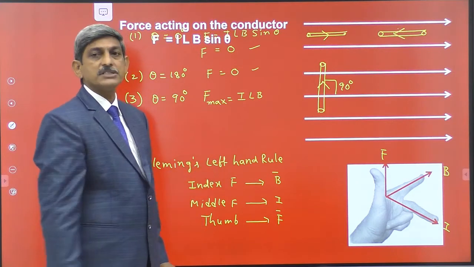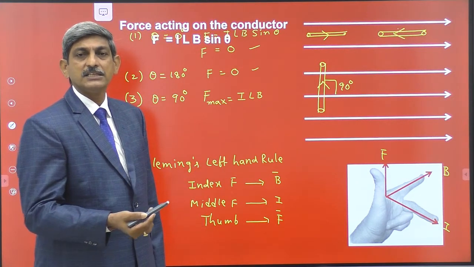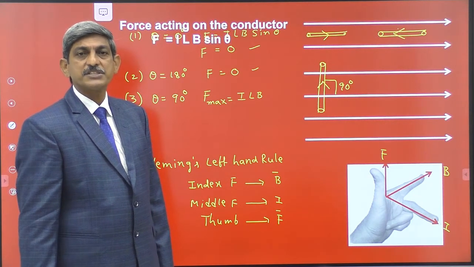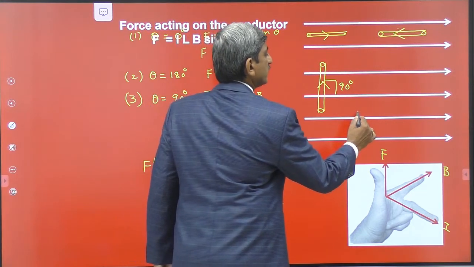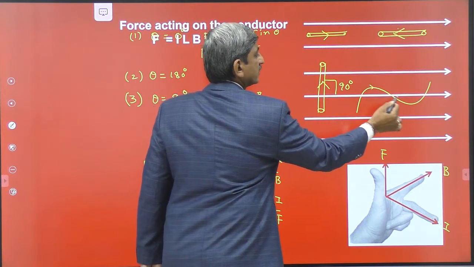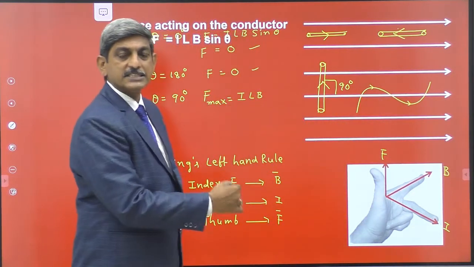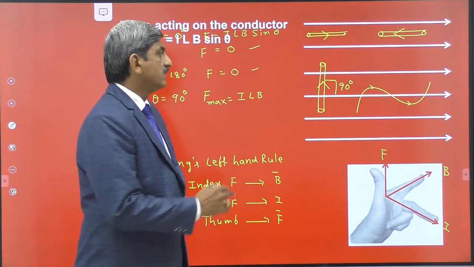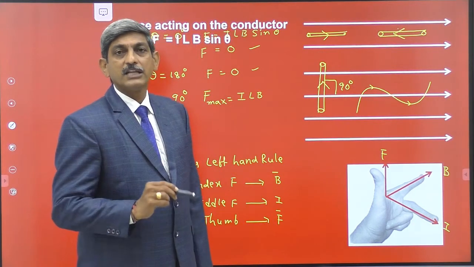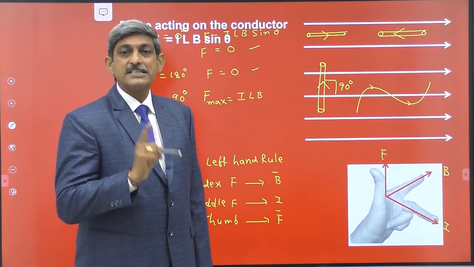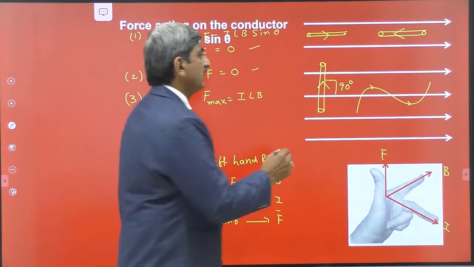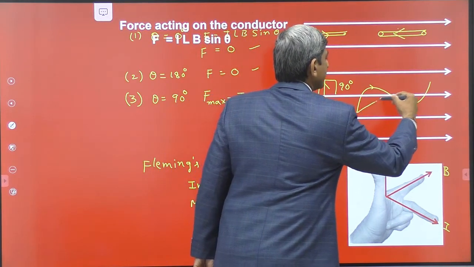Now, while deriving these equations, we assumed that the conductor is in the form of a straight wire. If the conductor is not a straight wire, and may be of any shape like this, let I be the current passing through the conductor. In such a case, the angle made by the conductor is different at different places, so what do we have to do? Whenever the given conductor is in the form of a bending wire, let us join the initial point and the final point by means of a vector like this.